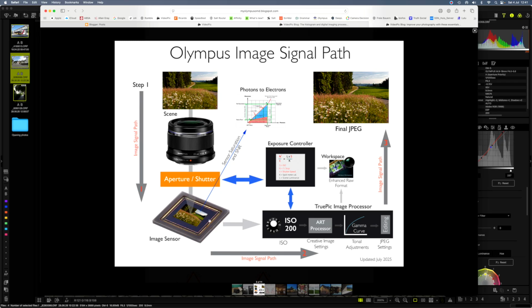It's very important. Keep in mind that we have a link to the processor via the exposure compensation in Workspace, and we're looking at the exposure controller here. Do yourself a favor, here's the exposure formula. See if you see sensor size in here. I've never found sensor size in it.